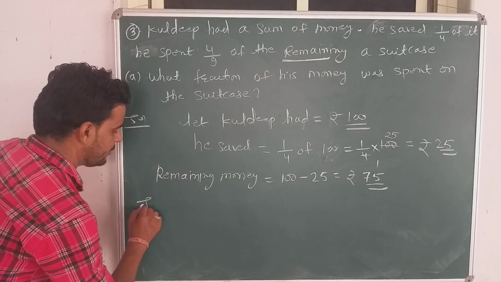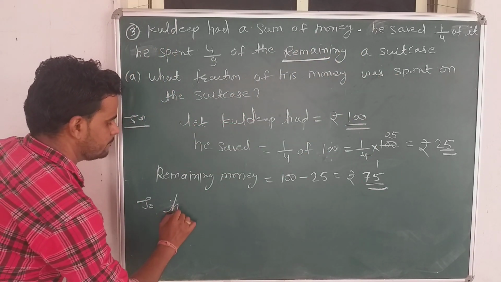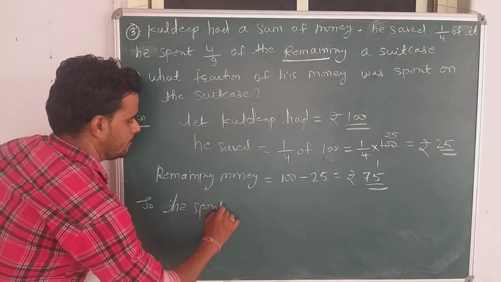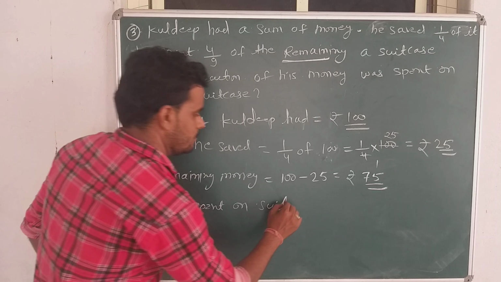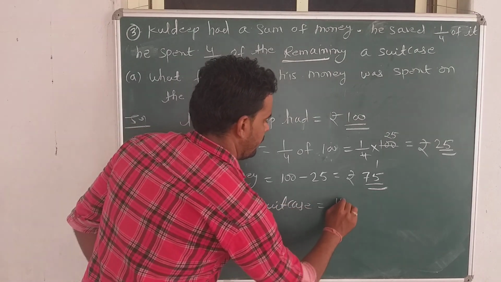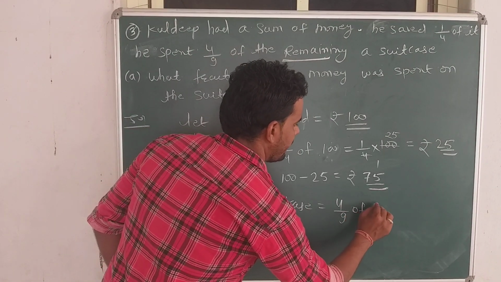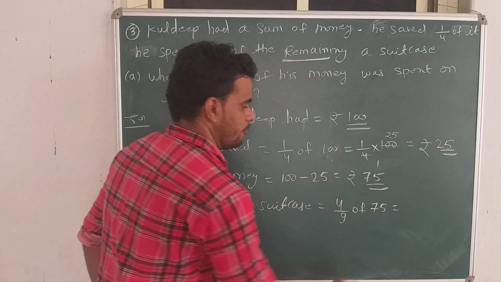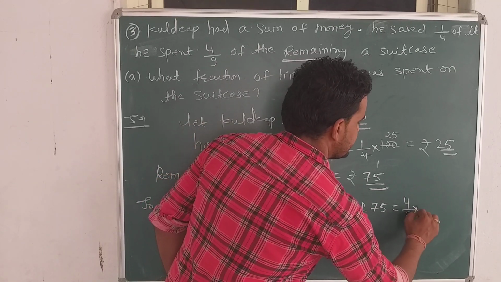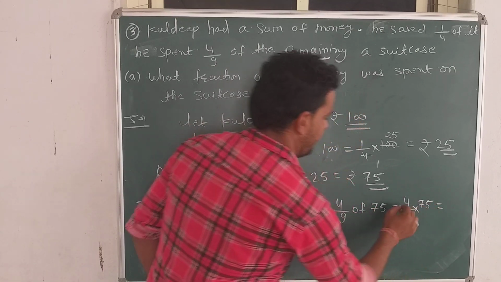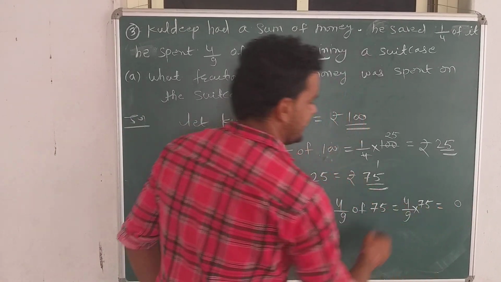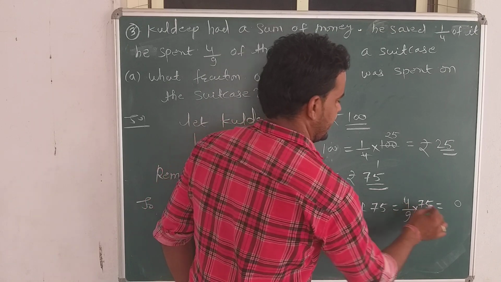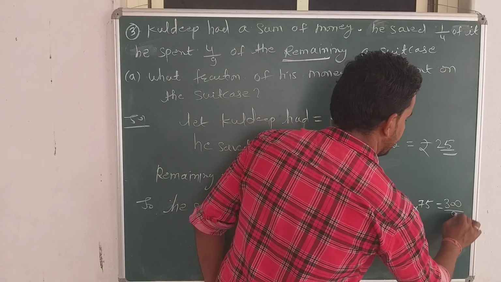So he spent on suitcase 4 by 9 of 75. So 4 by 9 multiply 75. So 75 multiply 4, 5 4s are 20, carry 2, 7 4s are 28, and 300 by 9 rupees he